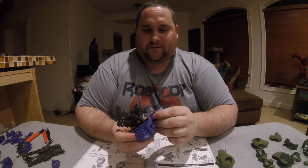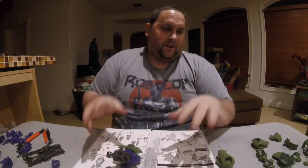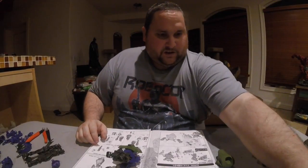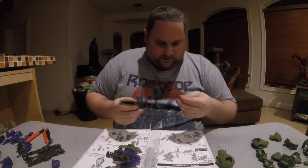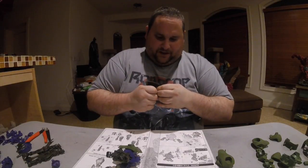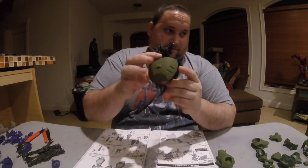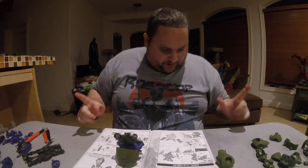That's the one thing I do recommend: when you're doing it this way, make sure you line up all the pieces after you paint them so you know where everything is. So you want to take this piece and then this piece, and those snap together like that. And then this goes right here on the back, like so, as you see. Alright, so we're now moving on to